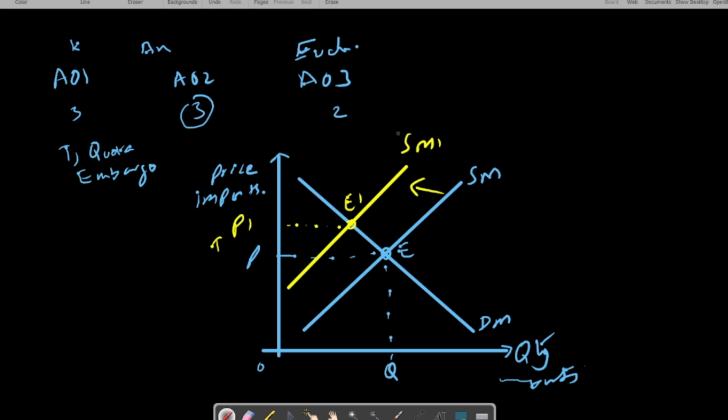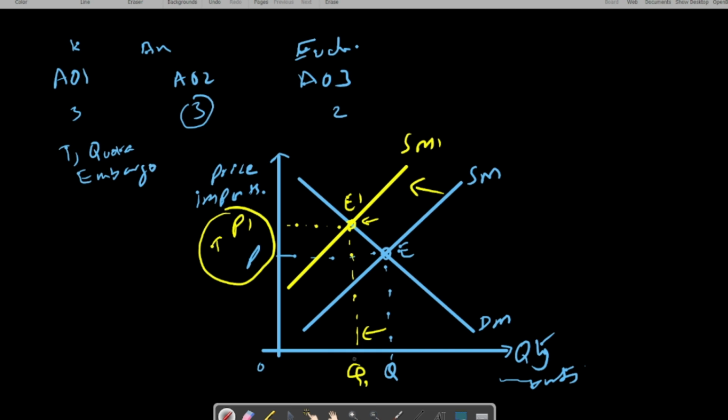So when the government imposes an indirect tax, the supply of imports will fall and the supply curve will shift to the left from SM to SM1, and the new equilibrium will take place at E1, where the price of imports is P1 and quantity is Q1. So quantity has decreased and price has increased. So when the government imposes a tariff on imports, it will make imports expensive. As a result, the government can protect the local industry from international competition, and it will also correct the balance of payment deficit as well. So this is the analysis part, and in evaluation you will say that